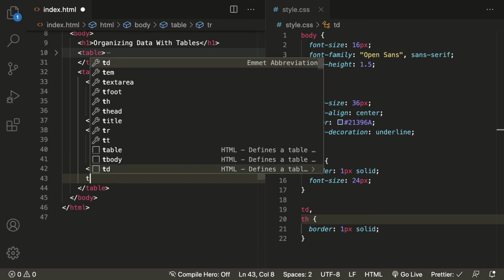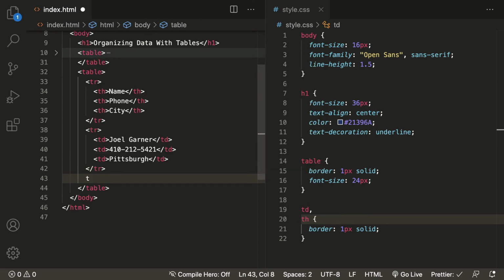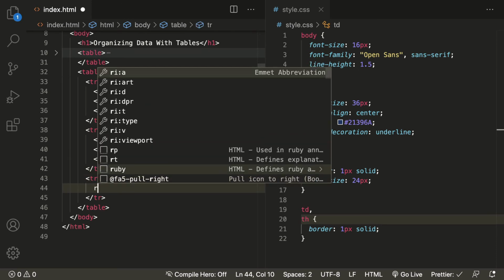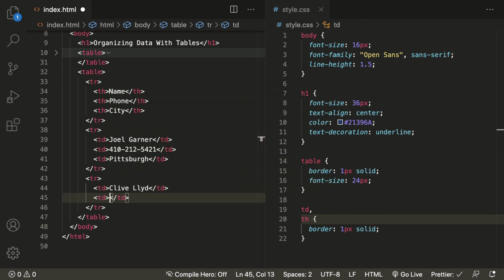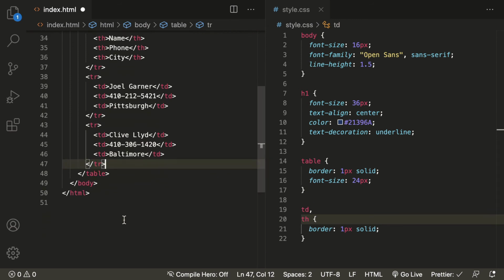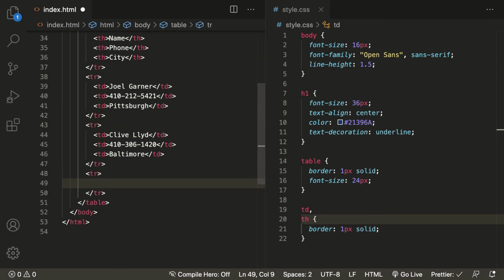And let's have another tr, and this time another td. And one more row. So we are having 3 rows actually inside this table.